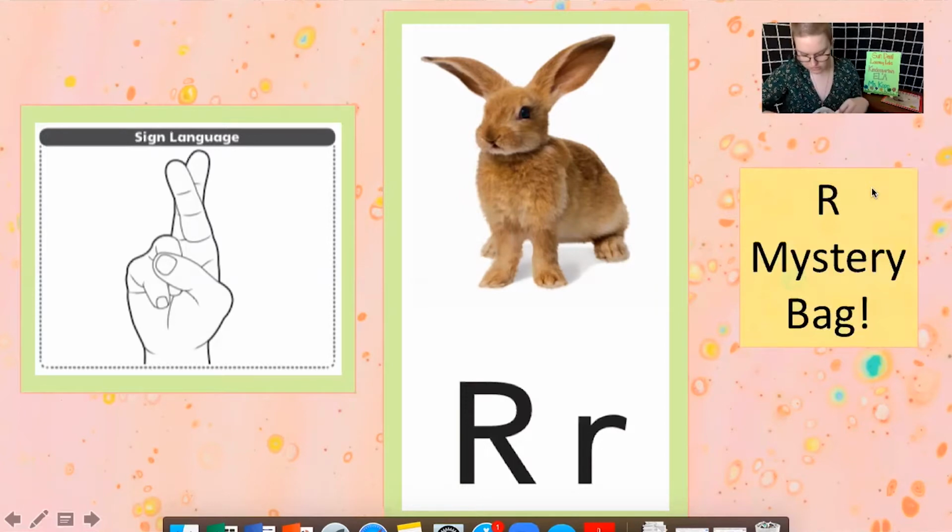I also found a rag. It's like a little hand towel. A rag. Things you might use to wipe something up. A rag. And then the last thing I found was something that was falling off of one of my cat's toys,